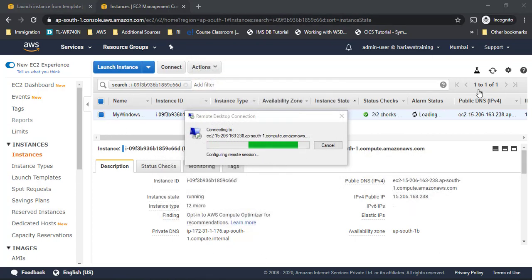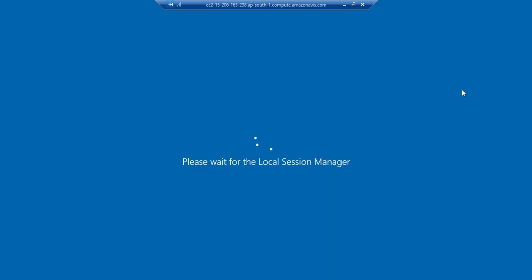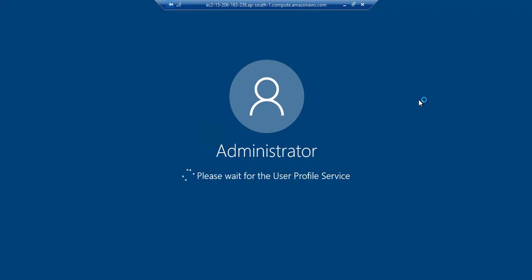It is asking whether it is secure or not. So now you can see we are entering into a Windows machine. As an administrator, it will configure the Windows for us, the similar way it did for Ubuntu. But here we can see the Windows machine where you can do all the operations we have done. I can install some software here. I can start doing any operations on top of it.